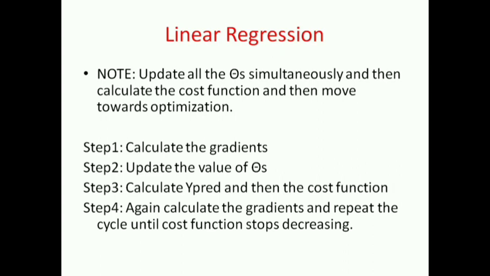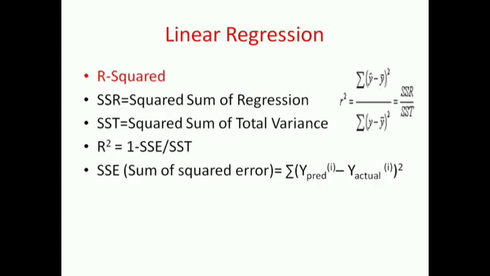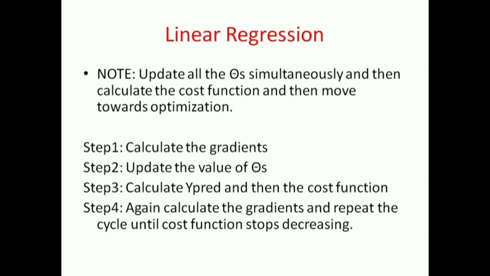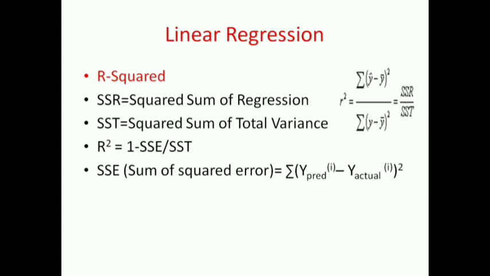Okay, so till here, what we have found is that after this cost function and the gradient descent algorithm, we have optimized our algorithm and found the value of theta naught and the value of theta 1. So now we can write the equation of the line that will be used for the prediction. We have developed our model for prediction. Now we need to evaluate our model's performance, and for that we use the R squared algorithm.